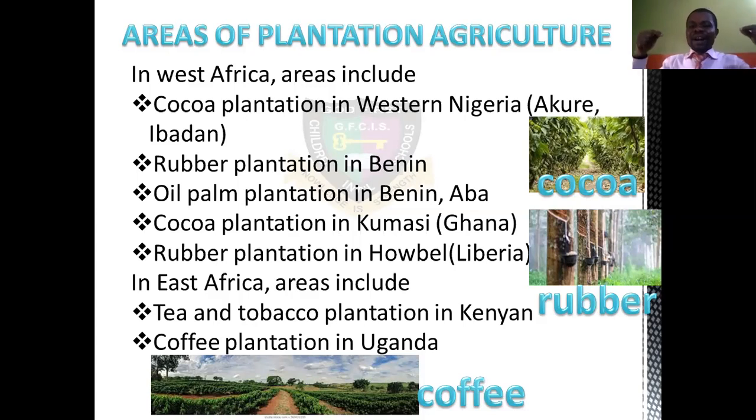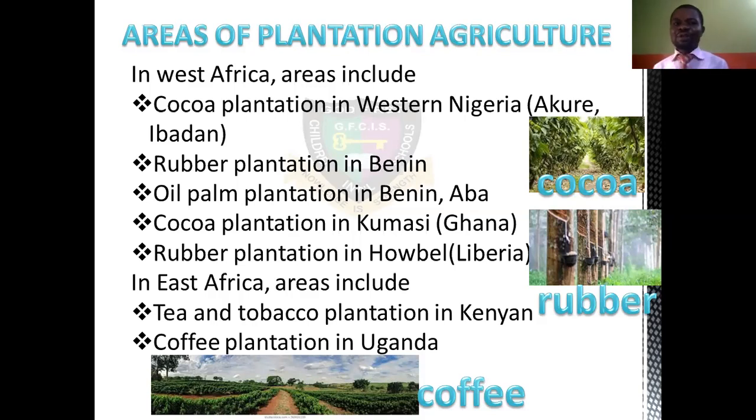So when they say coffee production in East Africa, which country is that? It is Uganda, don't forget. In the West, when they say oil palm production, you are talking about Nigeria. You just mentioned Benin or Abia State and so many others. So it's in Benin, especially these areas, Benin and Aba; they are the major areas we have it. You could have it in other places, but maybe little. These are the major areas. We have them in both East Africa and West Africa.